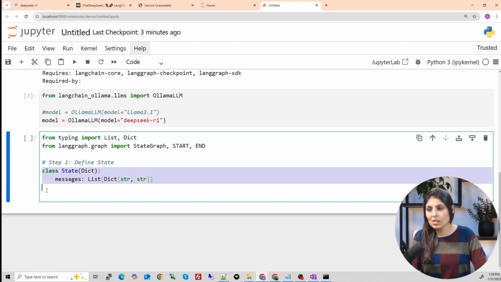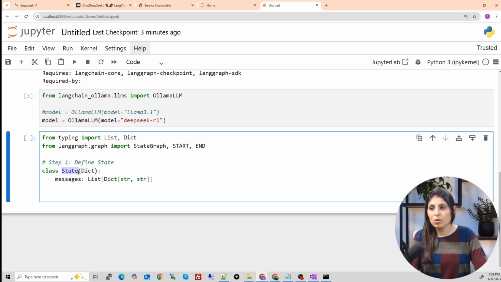So using this class, we are creating a state. State is the memory of a chatbot, where the chatbot will store all the previous messages of the user and the bot. So this is how you create the state dictionary, and this class will give you a list of dictionaries.